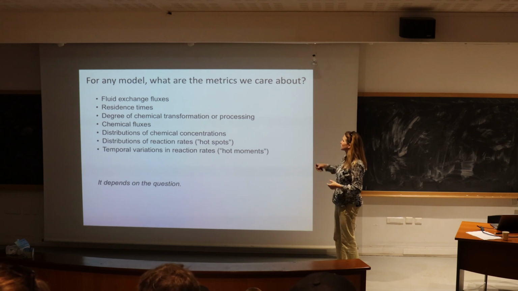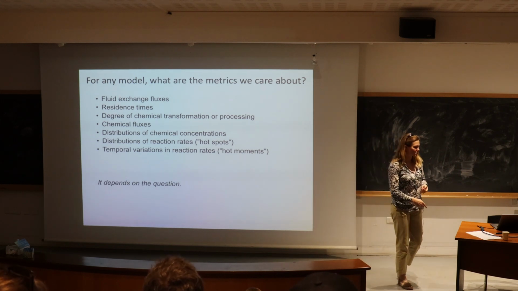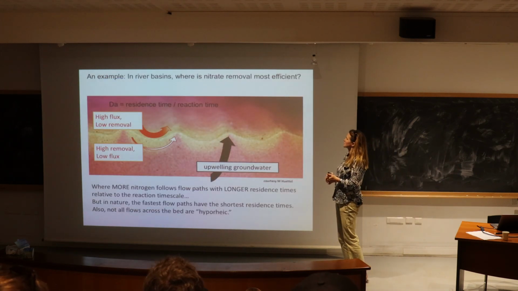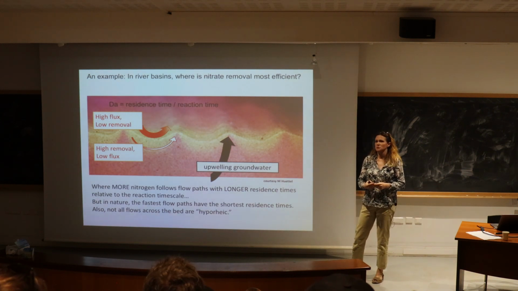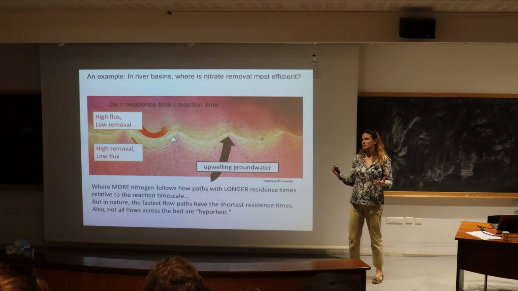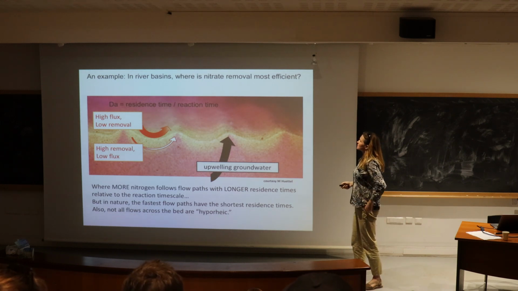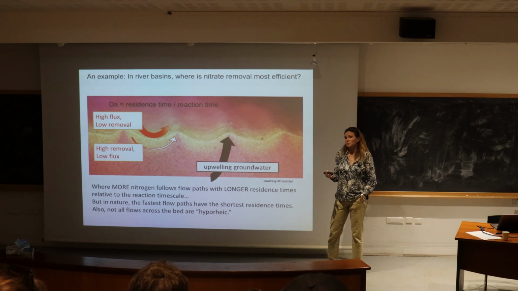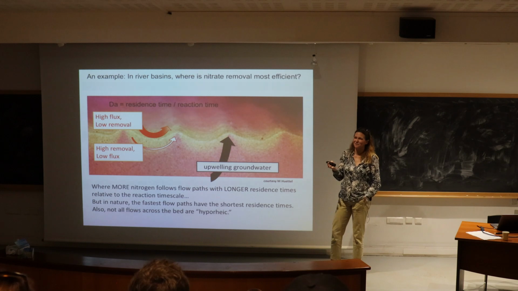We also want to think in general about chemical fluxes, concentrations, where the reactions are occurring. So let's step through some of these things, and let me just give an example. Our group thinks a lot about nitrate removal, because nitrate is one of the most common things that impairs streams from a water quality perspective in the US and many parts of the world. And it turns out that the sediments and riverbeds are really productive places for nitrate removal if you can get the nitrate down there efficiently.